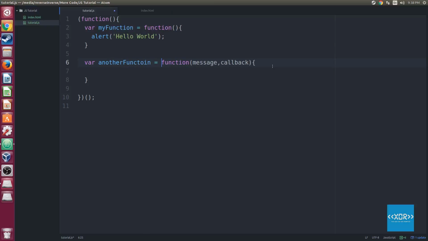Okay, so we've got two functions here. Now what we're going to do is say alert, and message. And then we're actually going to call the callback. So we're going to say callback just like this. Now,